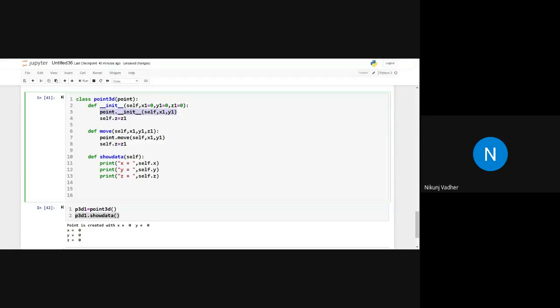So here it will call the constructor of class Point, and as you can see, this message, Point is created with x equals 0 and y equals 0, is from the base class. So in this case, Point is the base class and this is the derived class. This is also known as parent class and this is known as child class.